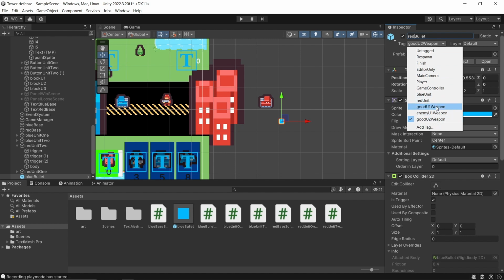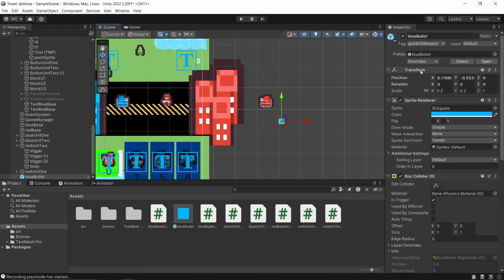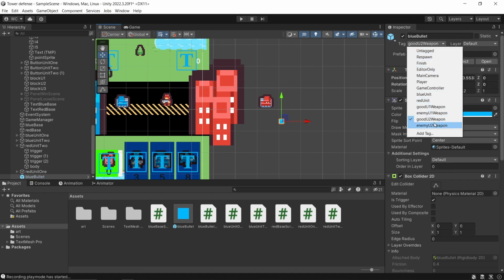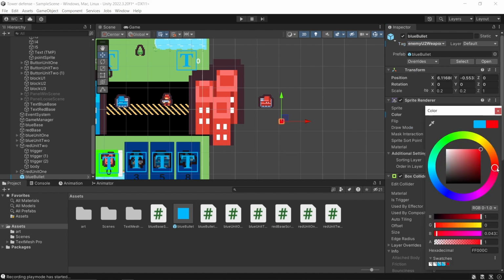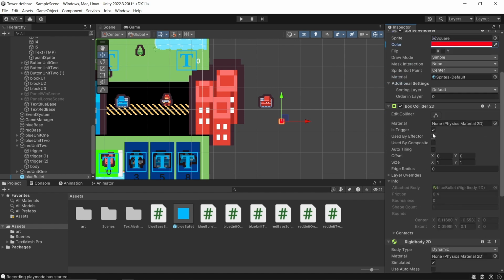2 weapon, and I don't think we have that, so let's go ahead and create that. Let's go ahead, enemy U2 weapon, create that, select it again. Let's go ahead, change that. Let's go ahead and make the color red. Perfect. Awesome. Let's go ahead, scroll on down,